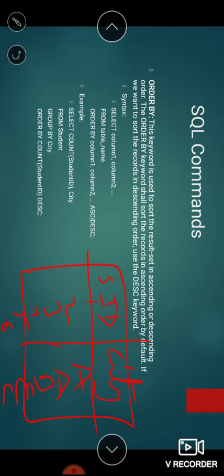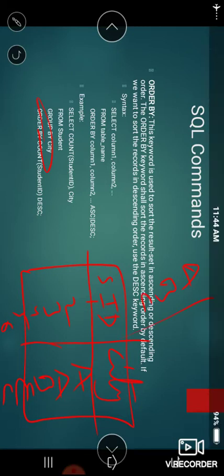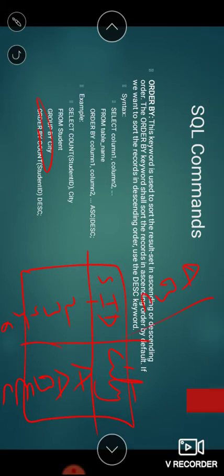So what this will do, first of all it will group by city. So first 3 cities are there, so it will group A, B and C, and then it will count the student IDs. So for A we have 2, for B we have 1, and for C we have 3 student IDs. So again, descending order, so this count will be arranged in descending order, and then it will print count of student ID and city.